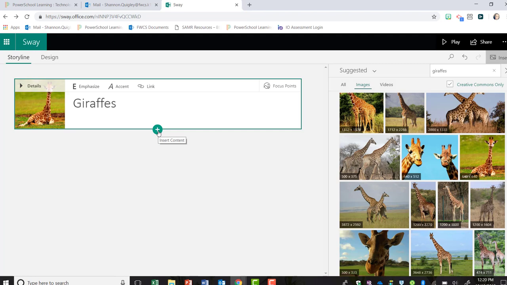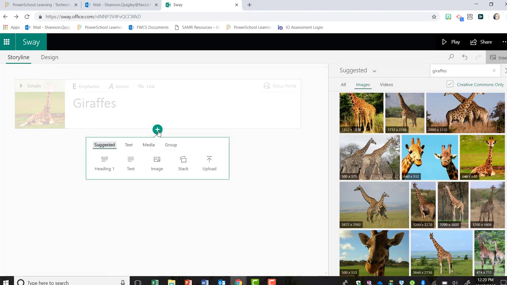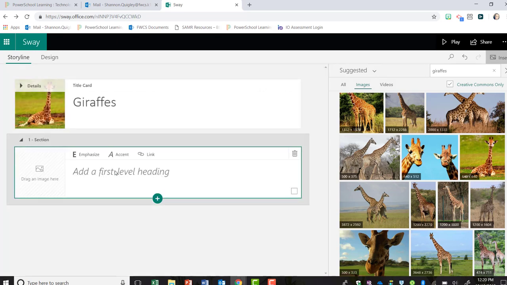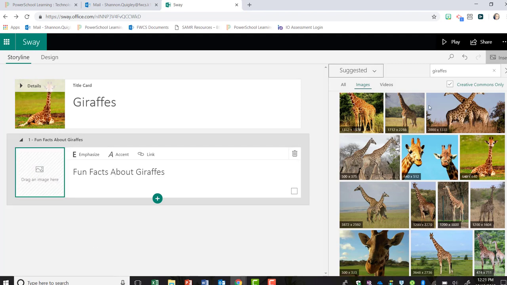So every time I want to add something, I'm simply going to hit this plus sign, and it gives me different types of things that I can add. So I'm going to start with a heading, and I'm just going to call this all about, or actually I'm going to make it fun facts about giraffes. Okay, so I've got my heading there, fun facts about giraffes, and maybe again I want to drag another image,